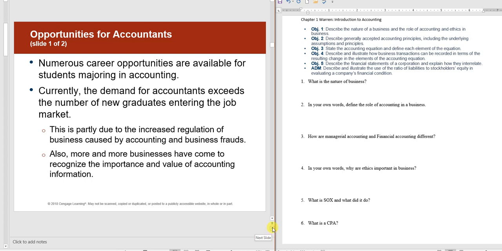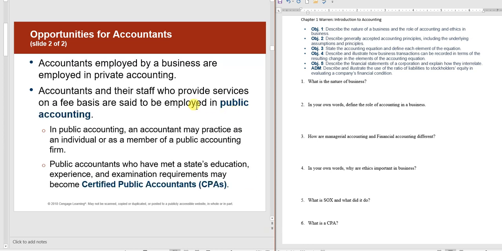There are a lot of career opportunities in accounting. I hope some of you think of it as a career, but you don't always have to do what we do in this class to be an accountant. We'll talk about those. Public accounting is where you work for a firm that goes around and audits other firms. You may go audit Apple one day, and that'll take you a few months, and then you'll go to another firm and audit them. Basically, you work for a public accounting firm. They audit public companies, and to do audits of public companies, you have to take a test and become a certified public accountant.